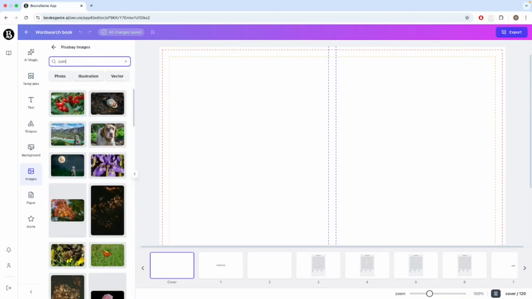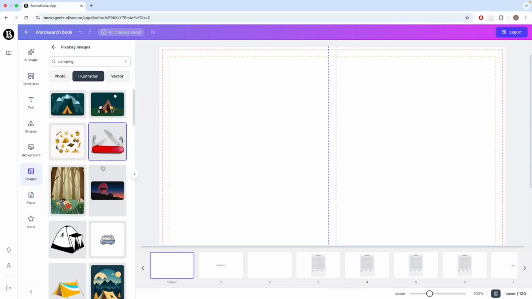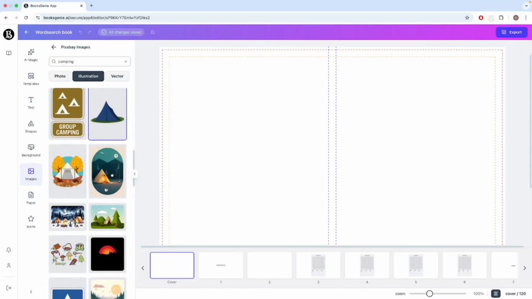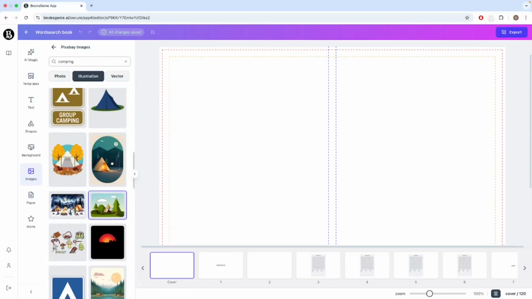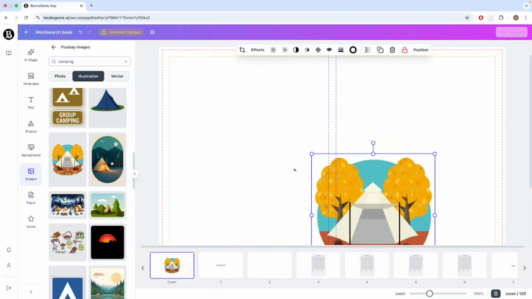In my case, I'm going to search for campaign, hit search. Maybe I will go to illustrations, and maybe we can find something nice that we can use here. Yeah, this one looks nice, so let's try that out. So I'm going to do this, put it here,